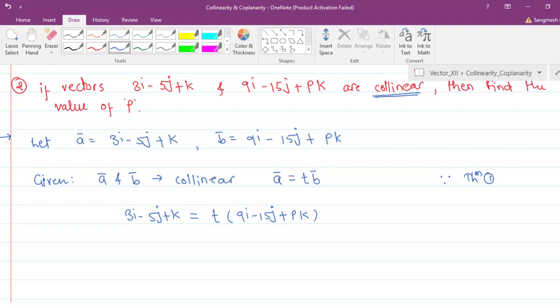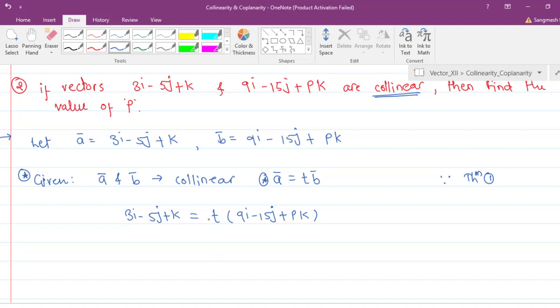This is a theory part, and if this question comes in the long answer question, then you have to write this step by step, because each and every step carries marks. This given statement, and what you are writing, carries marks. That's why we have to write this down. You have to find out the value of t also. Though you know the shortcut, though you know what the scalar multiple is here, we have to prove that.